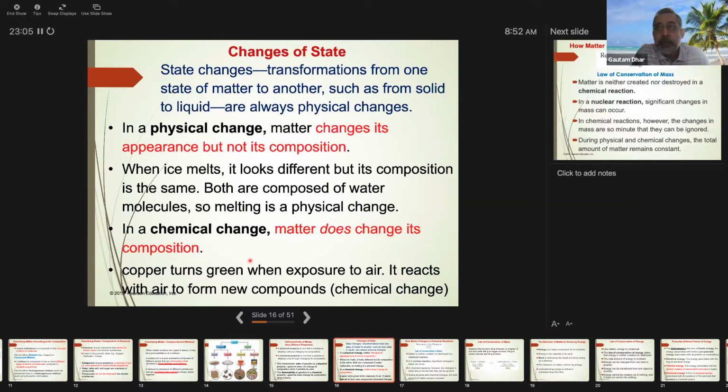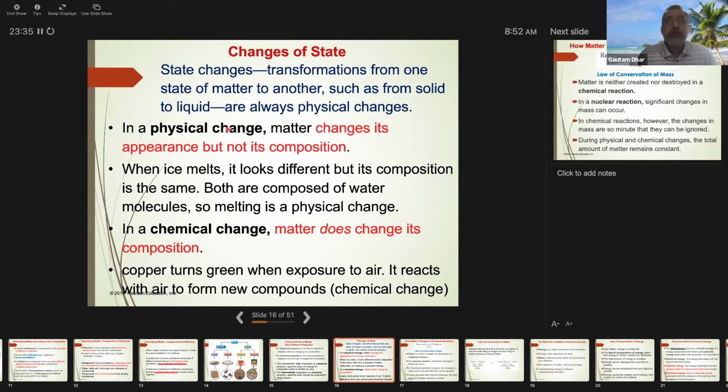When the particles are very close, they're rigid, we call them solids. We saw that. And when they're close but not close enough, so that they can move past one another, we call them liquid. And then we have the gases. This change from one state of matter to another depends on temperature, the amount of heat that you're providing. You can have solid water as ice, or you can have liquid water.